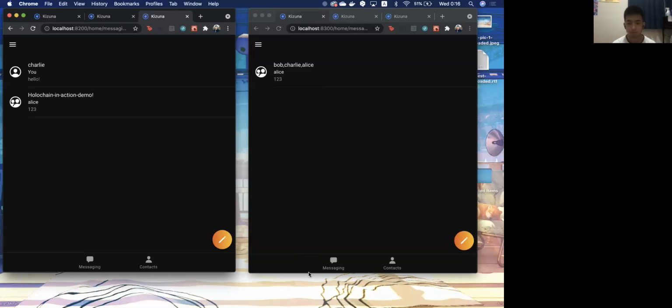It means on the fly, for a group message, we can create a DNA and clone the DNA on the fly. So the people inside the DNA, which is the group, only those people can read the data. So just imagine all the group would be in the same DNA.